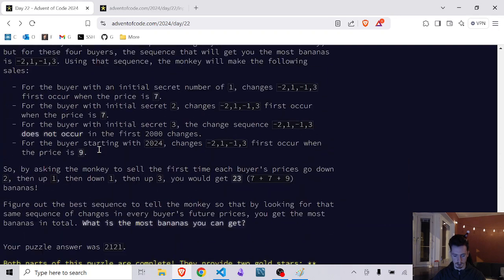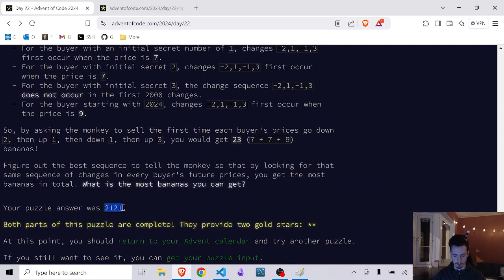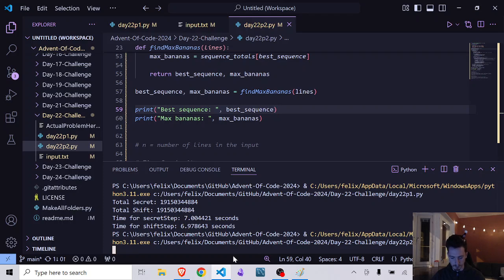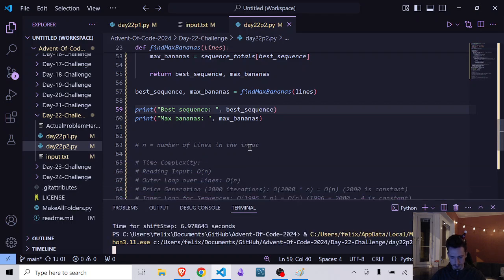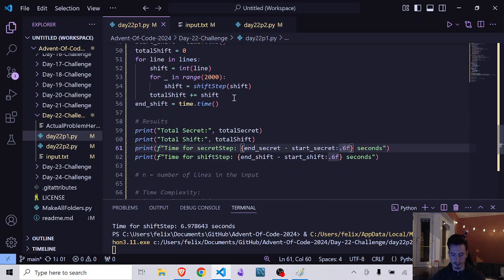And the answer, in my case, is not going to be the same for you, but with my input, it was 2121. So if it wants to finish running, we will see what the actual output was, but it should be correct. Seems it's going to take a while since I'm recording as well, so we can go through the time complexities